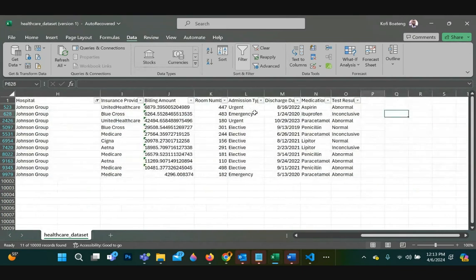Test results is the last column. So Johnson Group definitely has abnormal test results and other test results as well, but it pulled it because of the rows with the abnormality.